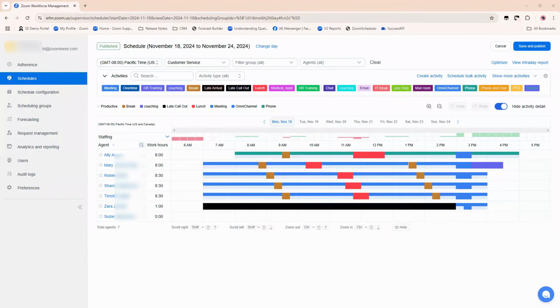support queue. Within Zoom's workforce management, these various tasks or responsibilities, as mentioned, are referred to as activities, and they are the building blocks of an agent shift. You can see in my environment all of the activities that have been created along the top of the schedules